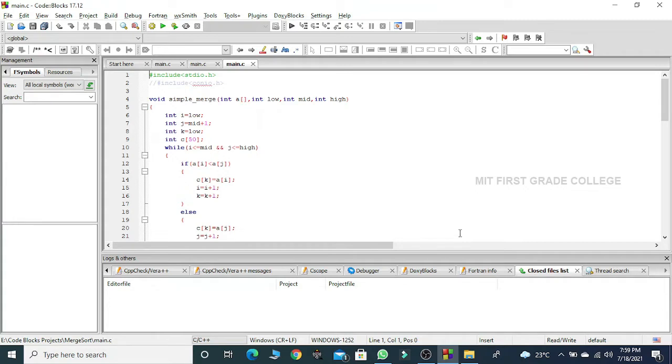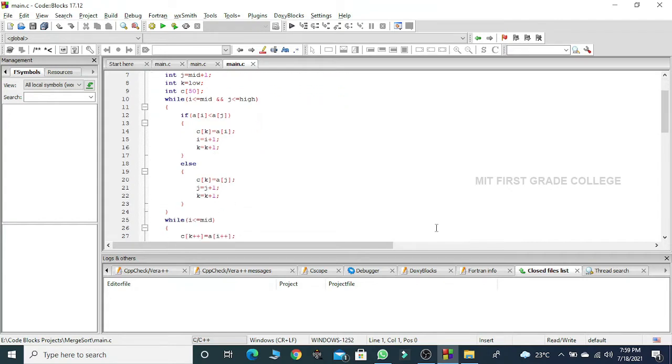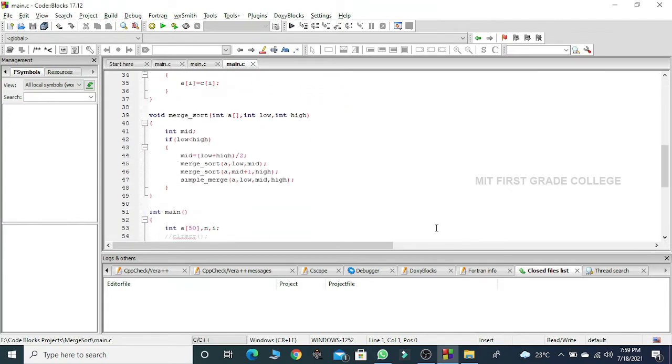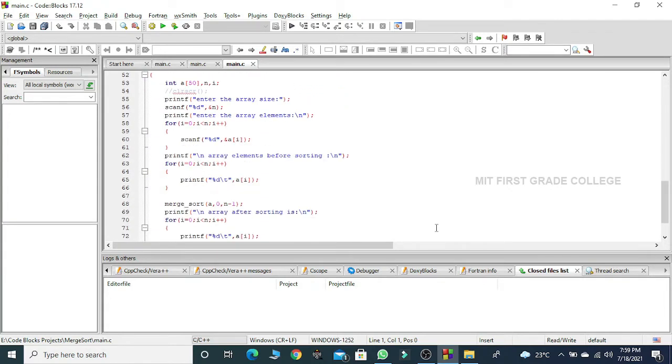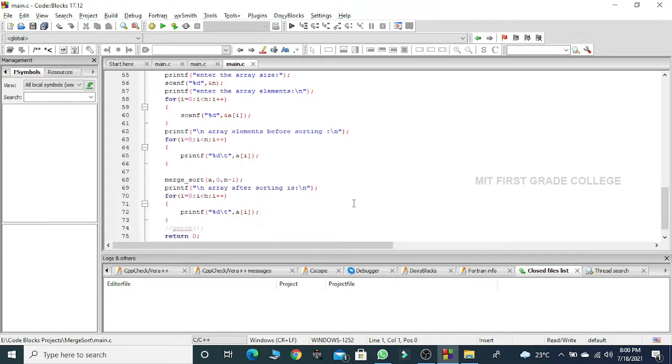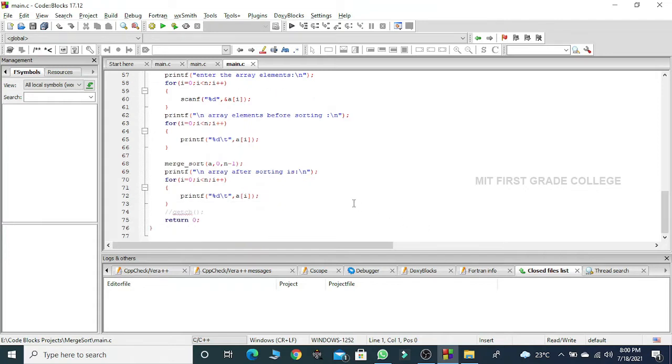In simple merge sort, we divide the unsorted array into two parts, and we keep on comparing the elements of the first half array with the second half array. When an item is less than the item in the second part array, we assign it to the third array. So at the end of this process, we end up having a sorted array.